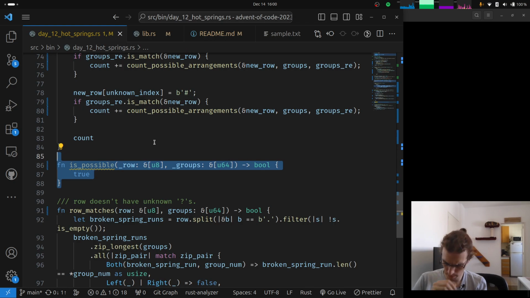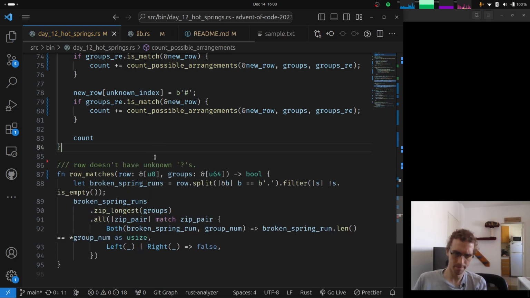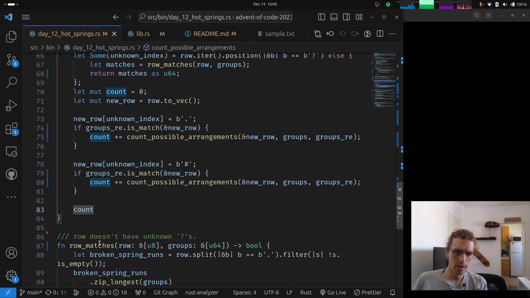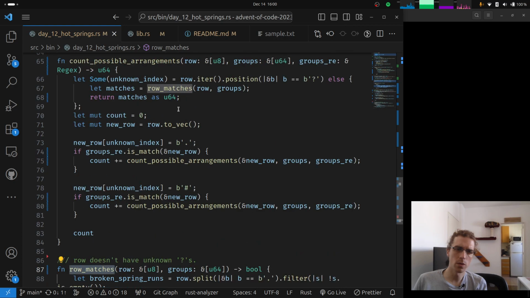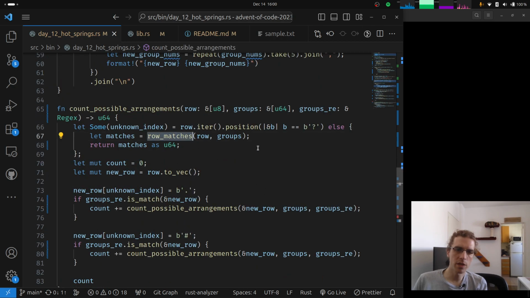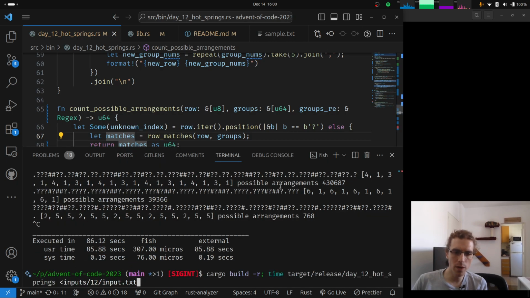This is possible. We can get rid of this. We are not using it. And actually, the row matches. Yeah, this is another stupid thing. We shouldn't do row matches like these. Yeah, we can just, you know, I think that this is not necessary. If we run with the sample now,